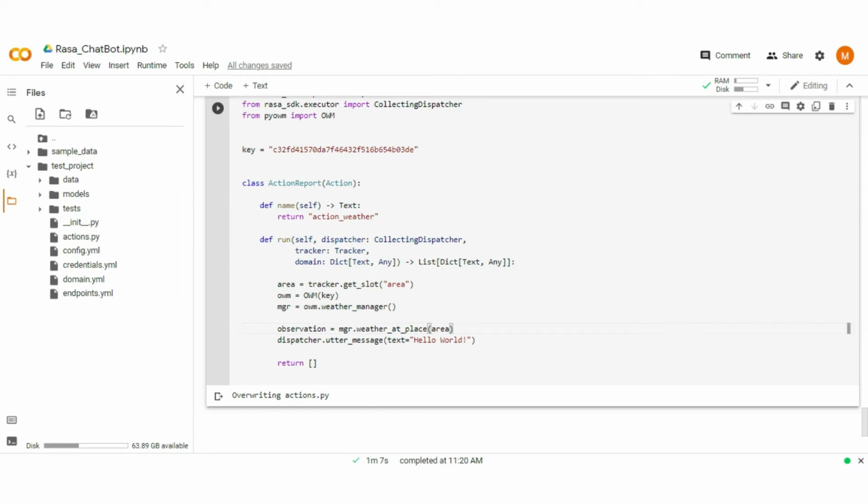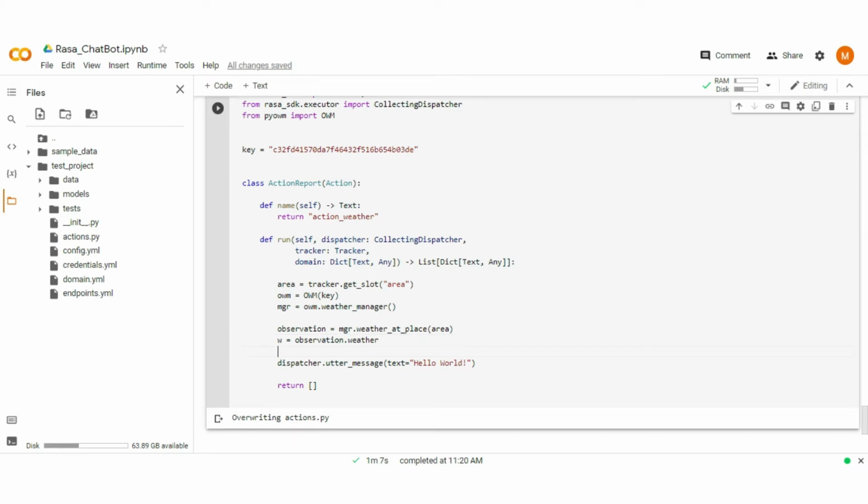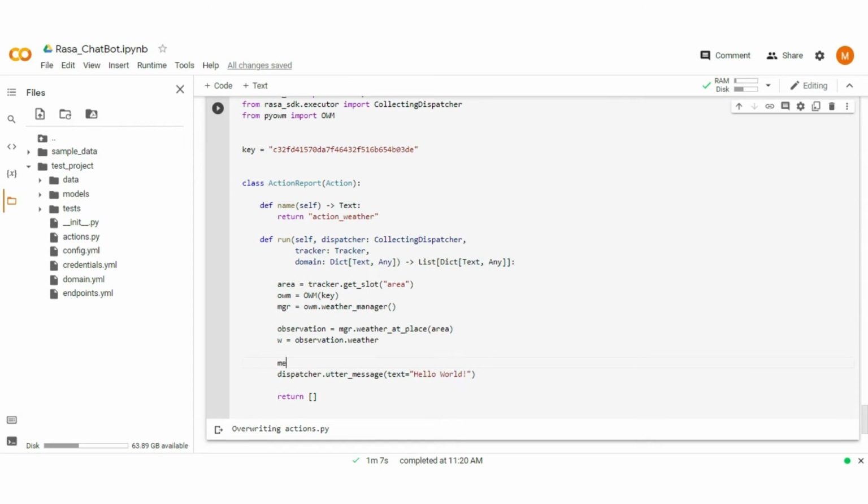Now create an object to get the weather details of the input area. After that, create the message of the weather report. First one, give the area initialization. Type.